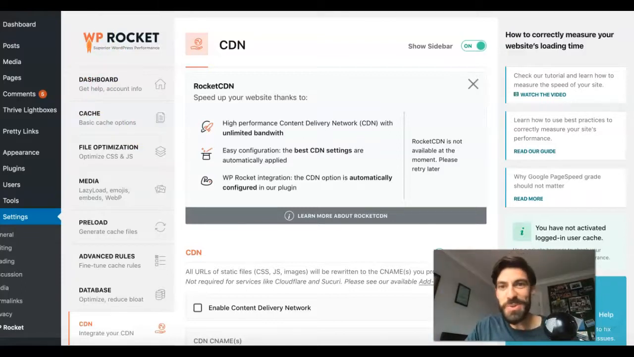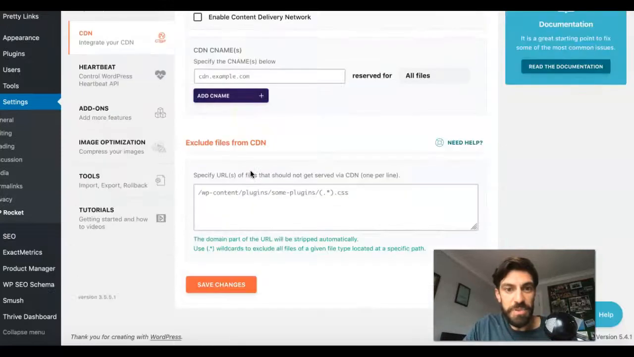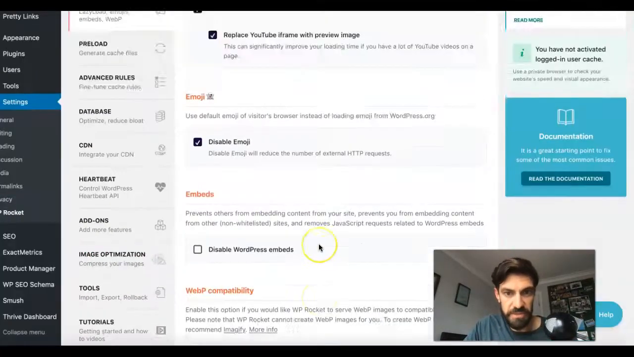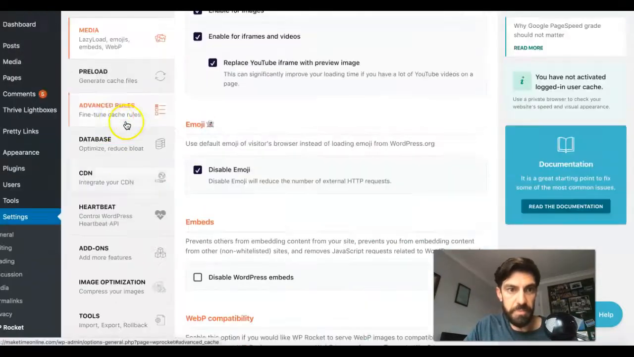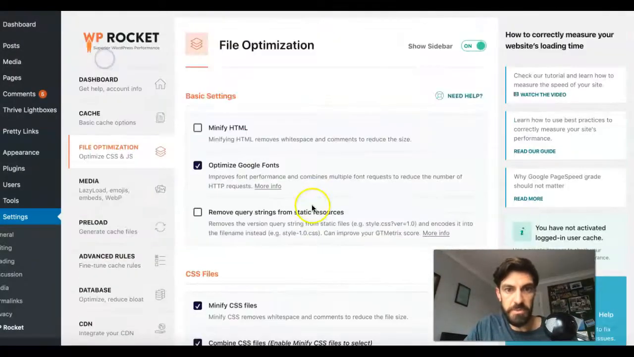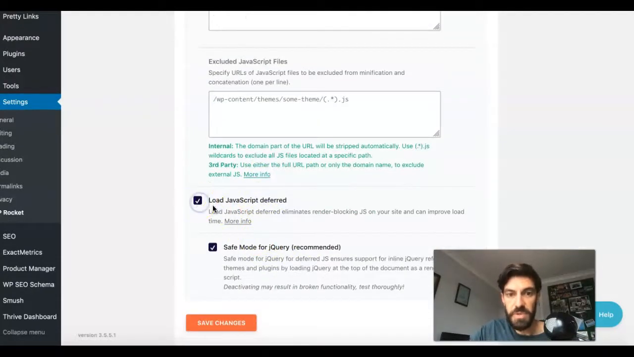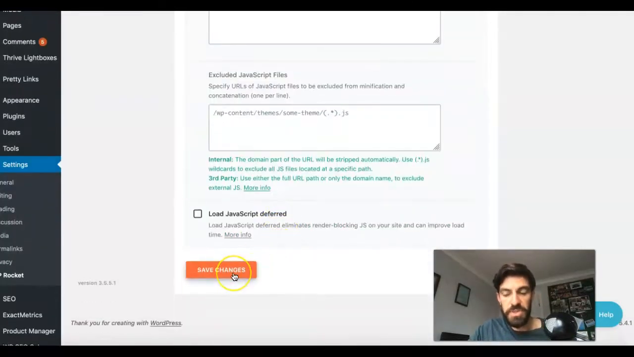So I just want to show you one thing that I ticked, and how much of a difference that made. It was in file optimization, and I just ticked this box here, and I'm going to show you those changes that it made. So I just click save changes,